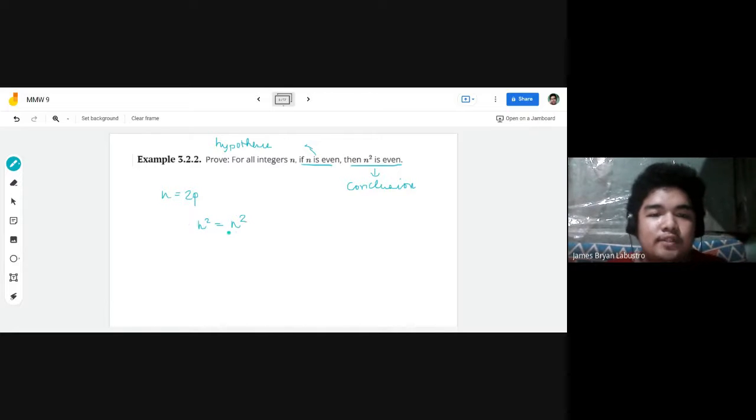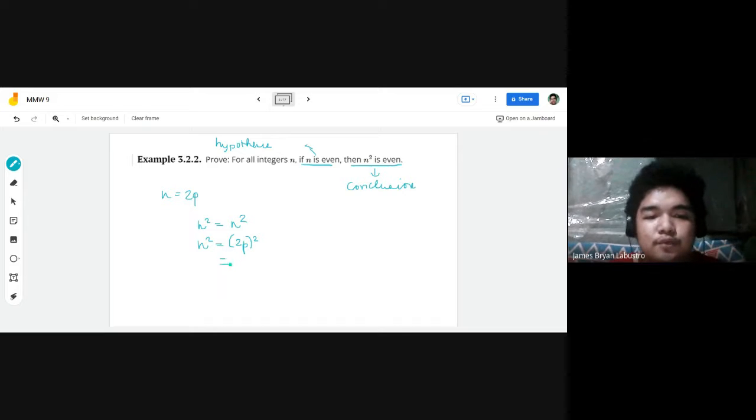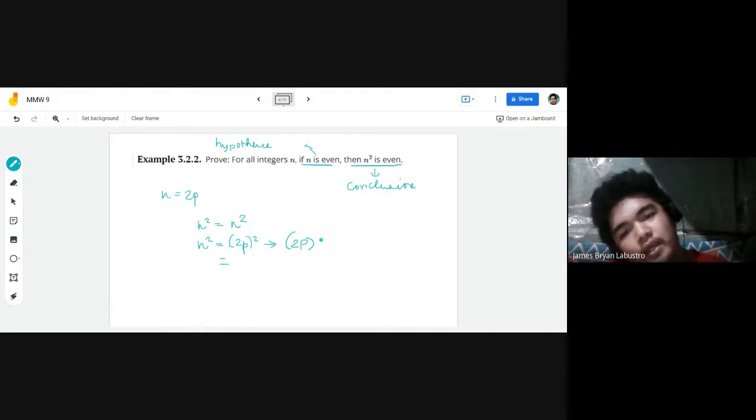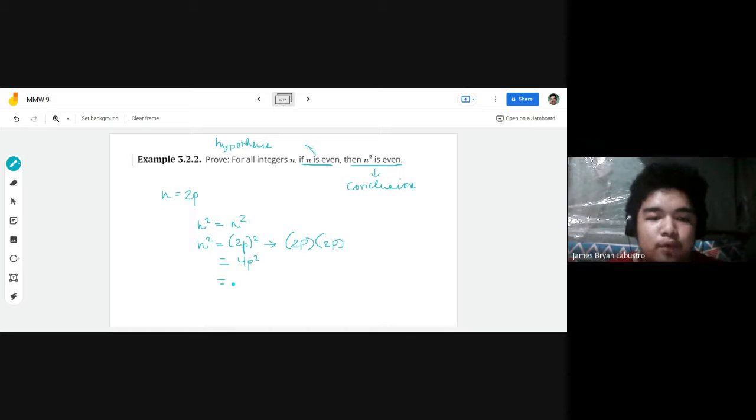So we substitute n for this equation. So we have n squared equal to 2p squared. Then we are supposed to solve. So 2p squared can also be expanded as 2p times 2p. So we have 4p squared. And then we're going to